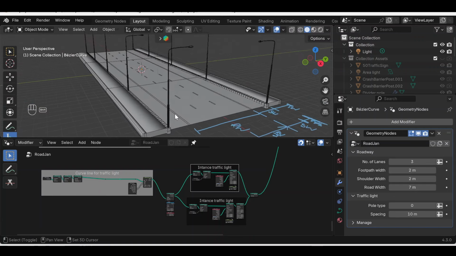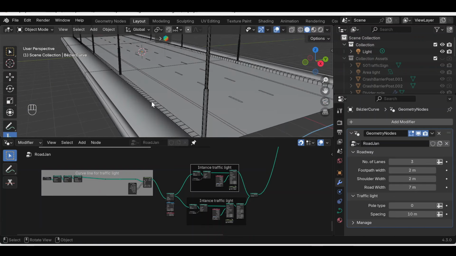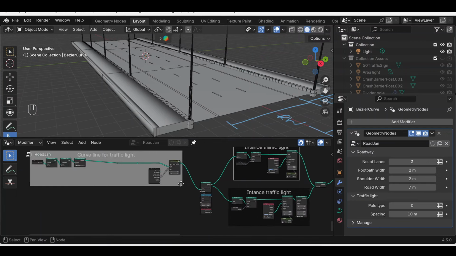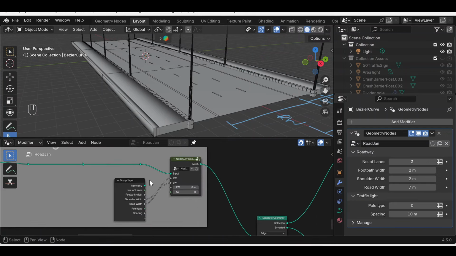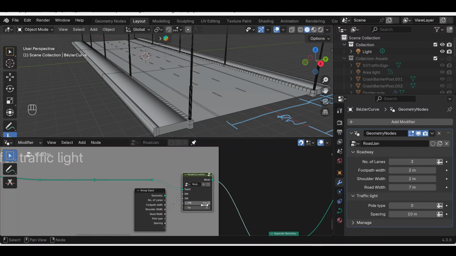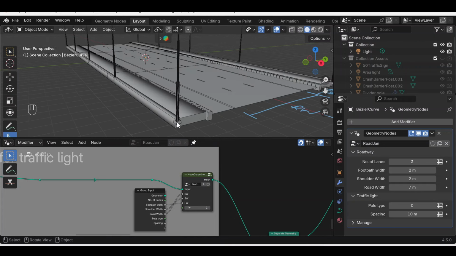but our lamppost is in the inside curve. I want the lamppost to be here. So to do that I will now use this node, curve line group. Here I will plug the footpath width also, and we already know to move this lamppost from here to here we will need to put a value of 1 here. Okay, now you can see our lamppost has moved from here to here, but